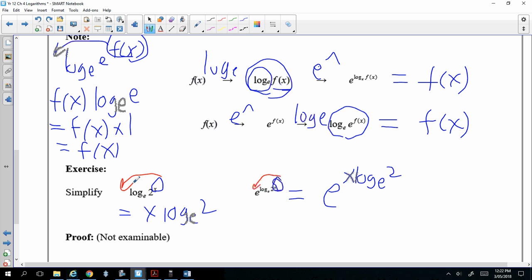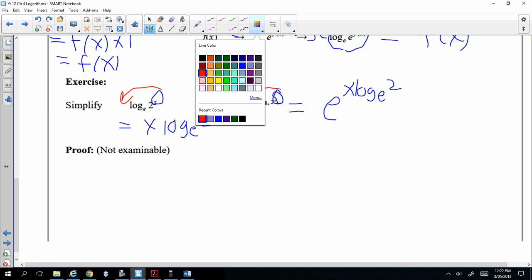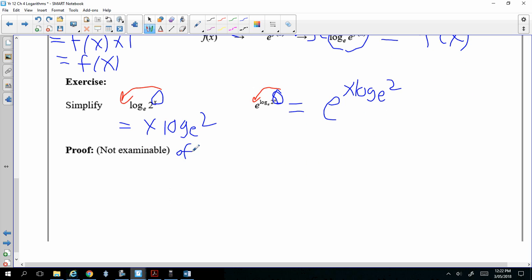Now, we can actually prove it, and the proof is not examinable. Let's try to do a proof of why e to the power of log base e of f(x) becomes f(x). Let me see. We'll start with y equal to f(x),